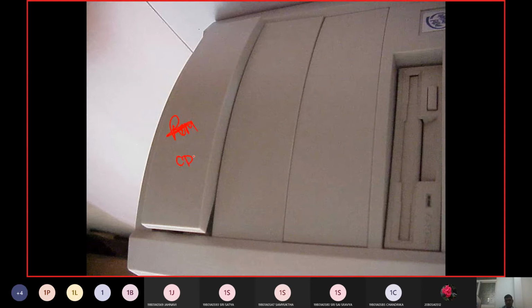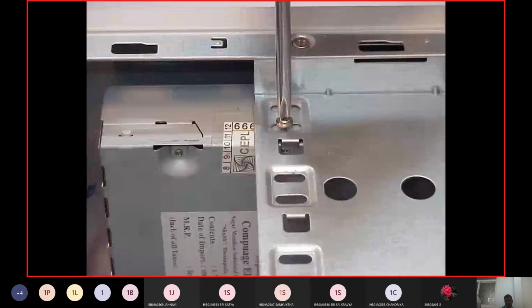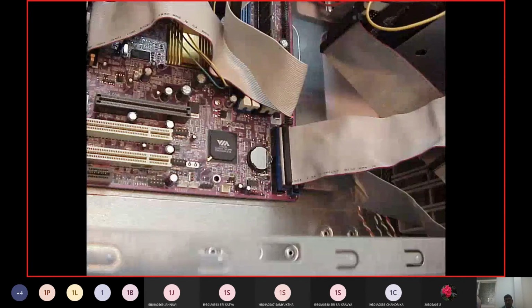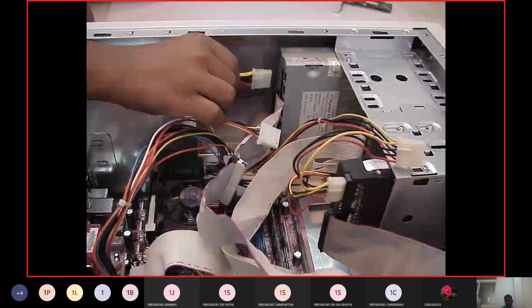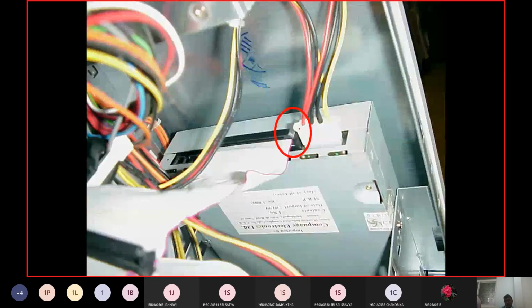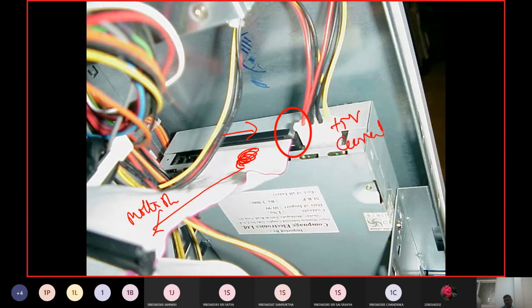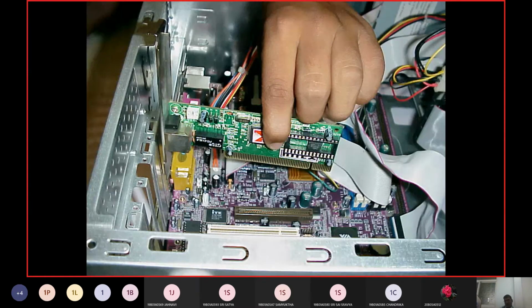Then we are going to install the CD-ROM, CD drive. Then again we are going to bring it up and connect the cables. This procedure is common. We insert the cable, then we have the data. The data has to be given to the motherboard, then it should function. So we have to give plus 5 volts current or a power supply to it. These are the two fundamental items for each and every component.